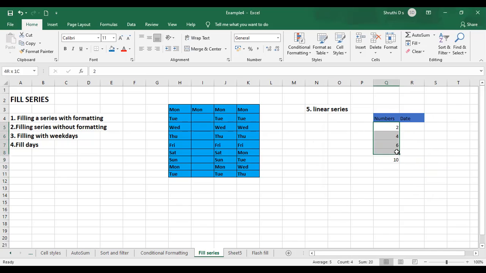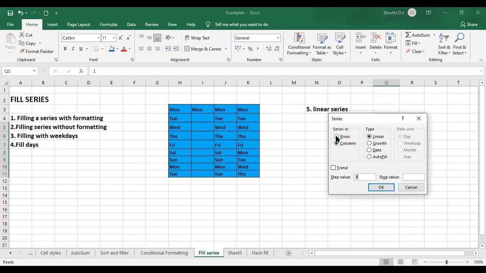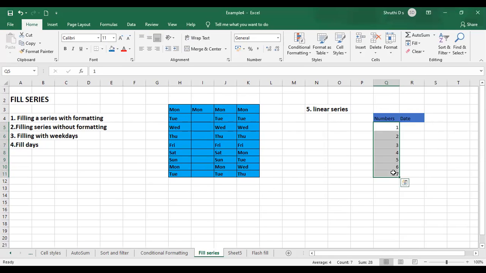Okay, how did I do that? Give a number over here. I'll give it as 1. Select the column, go to fill, select the series option. Either you can make it for rows or columns, both are fine. I'll give it the linear option, start on 1 and step value, just give it as 7 and click on OK. So all the cells will get filled with that particular series which you have mentioned according to your wish.